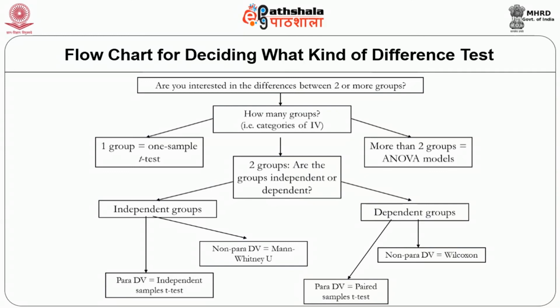If they are not following the normality assumption and the distribution is not normal, then I go for a Mann-Whitney test, which is a substitute for a t-test, and I go for a Wilcoxon test, which is a substitute for the paired sample t-test. So this is the flow diagram showing how and when you can use each test. So far you have learned a very important technique.